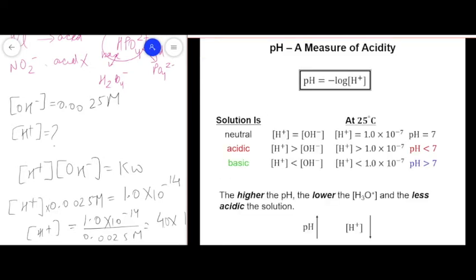The next terminology that is very commonly used when it comes to acids and bases is